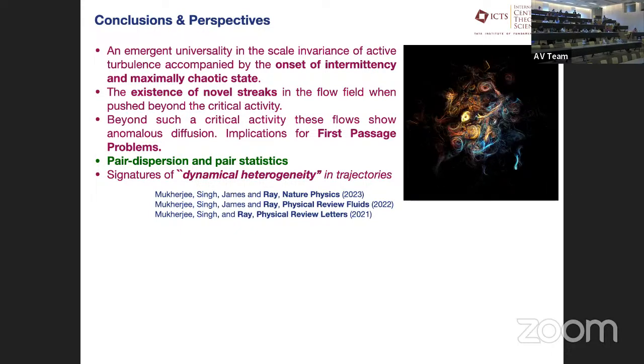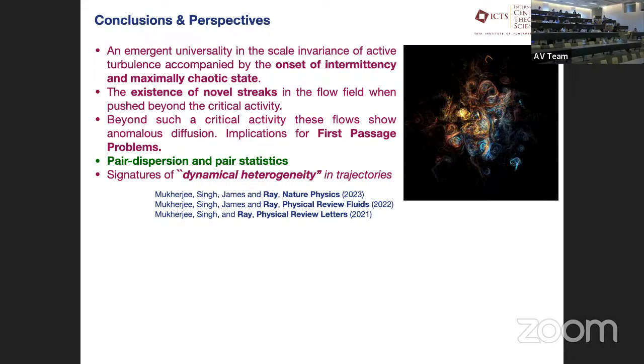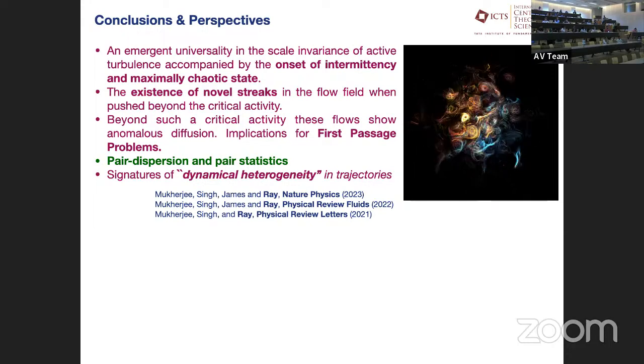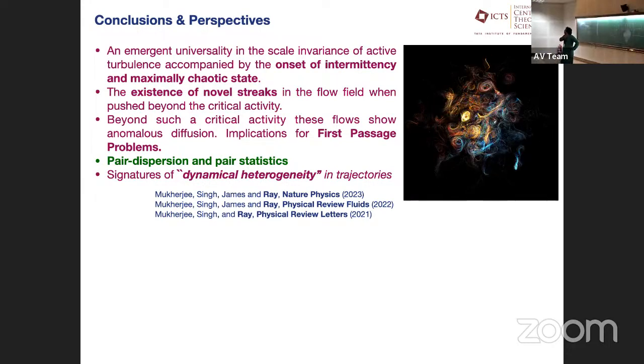Because if you put obstacles, if you do this in a periodic obstacle arrangement, I think the emergence of superdiffusivity happens even much faster. Oh, that's interesting. I should ask you about it. But what we think is the reason is the following. The part that I skipped is that beyond alpha C, the flow reorganizes itself and a new structure emerges in the flow, which we call streaks in the paper.